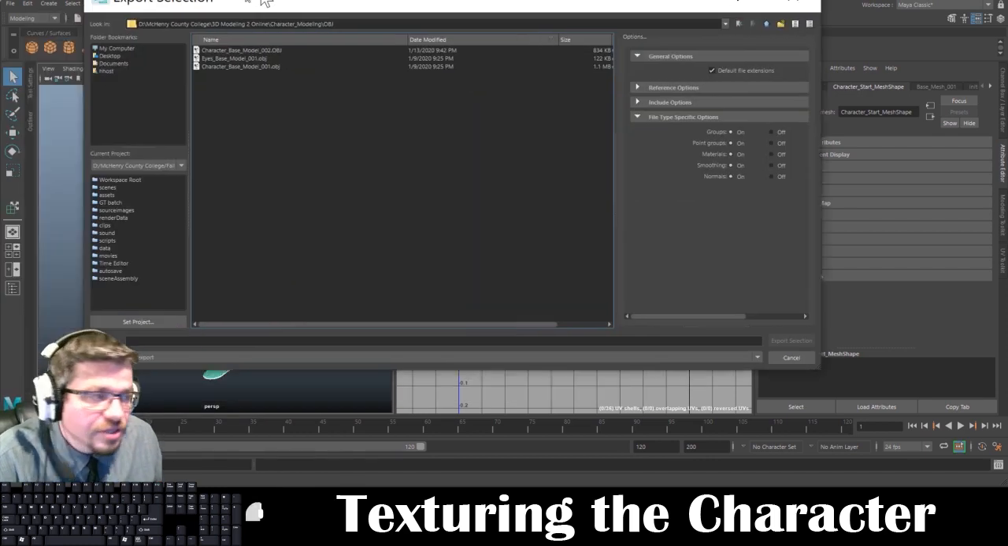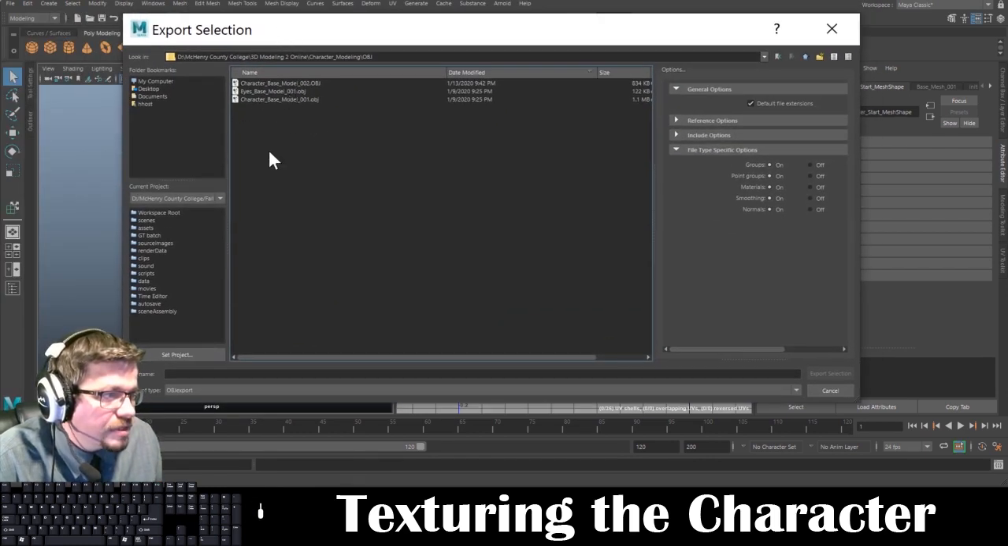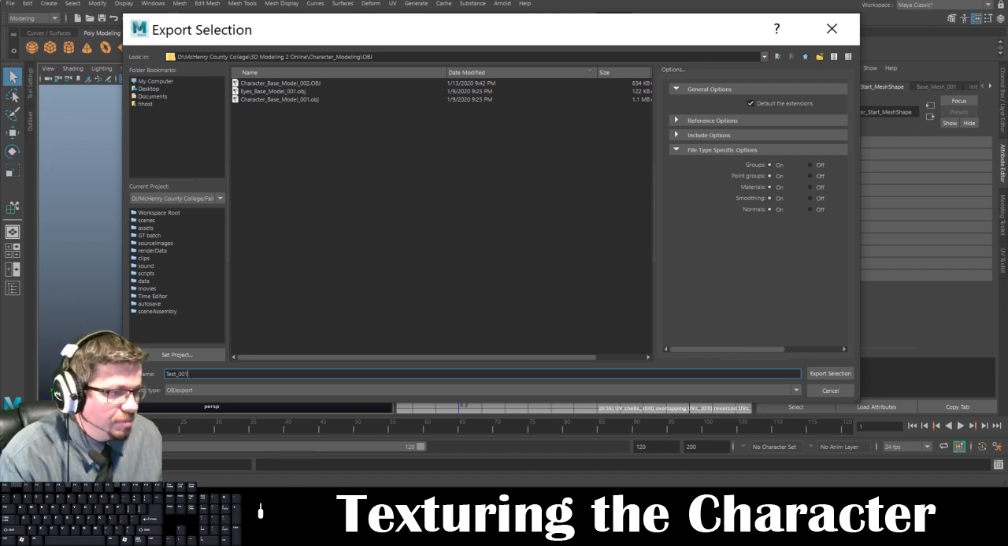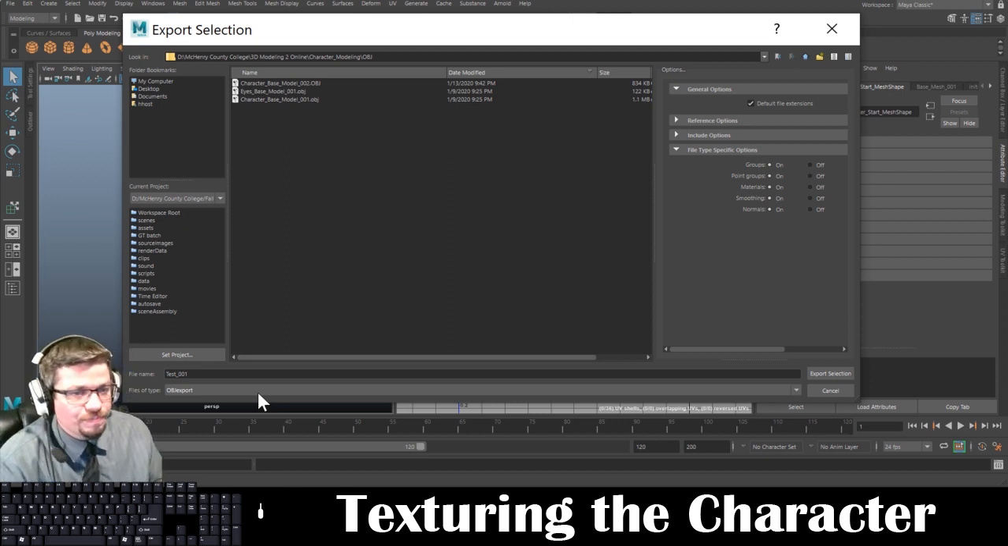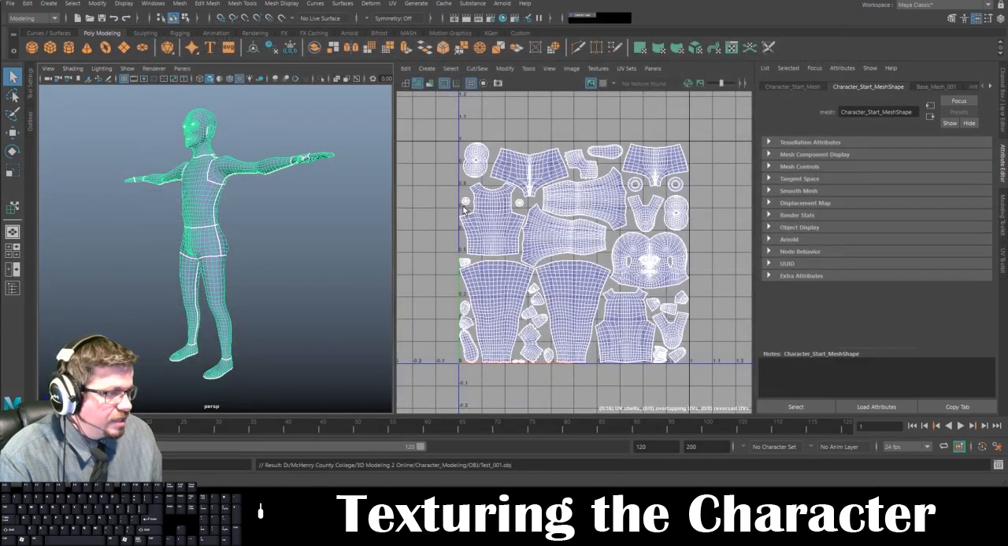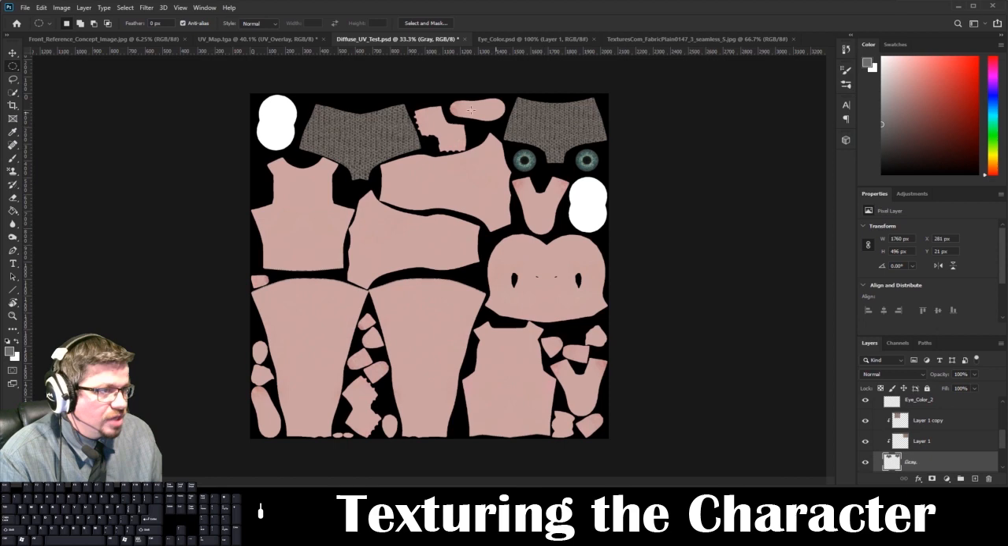OBJ, and then just go ahead and we'll call this test001, and then just make sure at the bottom here under obj export, make sure it says obj export, not MA or MB or anything like that. Make sure it says obj export, and then go ahead and click on Export Selection. And just so you know, all of these settings are how I have them set up. And then Export Selection. Now back in Photoshop,